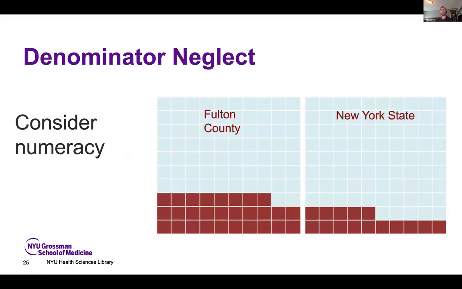There's also the challenge of denominator neglect. This was actually data driven, derived from probably at this point out of date information on smoking levels. And I didn't choose Fulton County to pick on it, but mostly just to have a strong difference. This idea of numeracy and denominator neglect. Often when showing proportions, many individuals will misinterpret proportions, or at least according to literature on this topic, due to focusing only on the top numbers on a proportion and not looking at things as a whole.